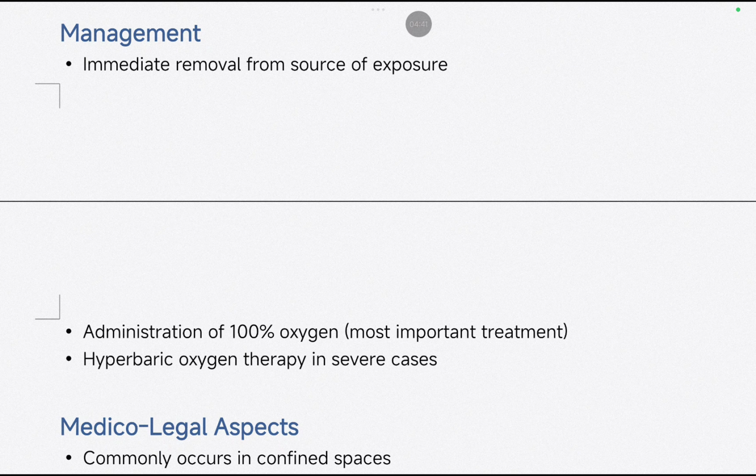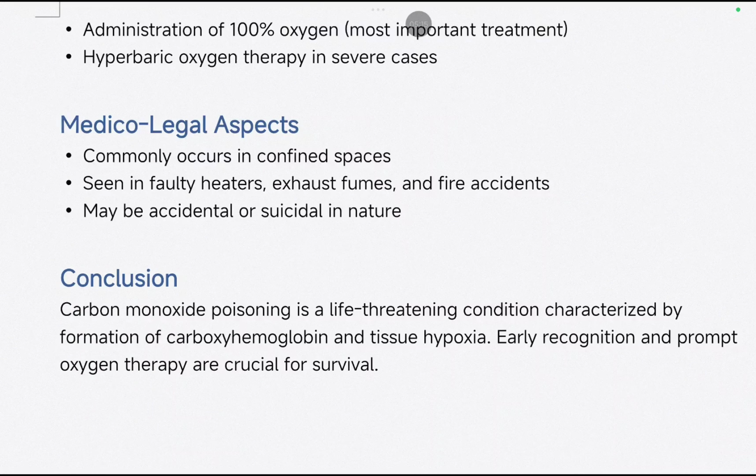Okay, if the poisoning has been very severe, you will have to provide hyperbaric oxygen therapy. Basically, hyperbaric oxygen therapy is a controlled chamber, more like a capsule you might have seen in movies, where the machine helps in the intake of oxygen. Okay, so we will concise the points. First is remove source of exposure. Second, administration of 100% oxygen. Third is hyperbaric oxygen therapy if needed, if the case is severe.